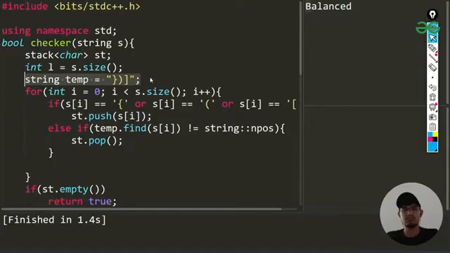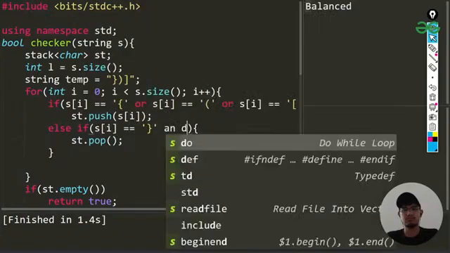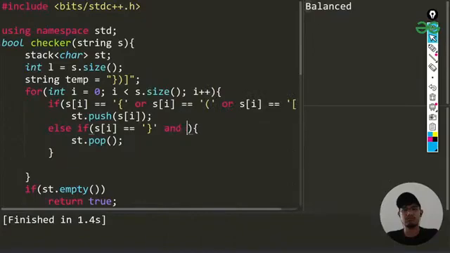First condition is that if our s of i is equal to the closing bracket of this one, and our stack top, if both conditions are true, if the stack top equals the basically opening bracket, then we're doing that.